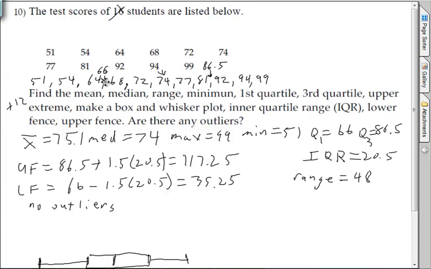So the first quartile is going to be the middle of the bottom half, which is halfway between 64 and 68, which is 66. And the top half is halfway between 81 and 92, which is 86.5. So if you messed that up, I just took 2 points off. But if you did all the other calculations right based off those wrong numbers, it was okay. So there's the mean. The fence is 1.5 IQRs, so that's 86.5 plus that, which makes 117.25. And the lower fence is 1.5 IQRs subtracted from the first quartile. And